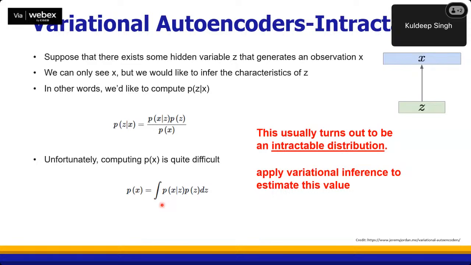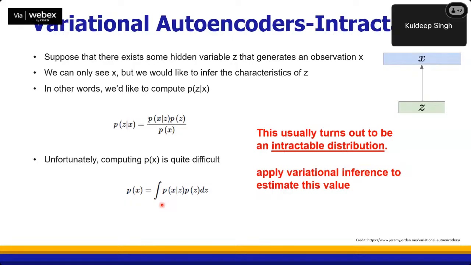Now let's see how we achieve this, how a variational autoencoder will help us in generating this data. There is a bit of mathematics involved, but I'm not going much into detail of this mathematics because